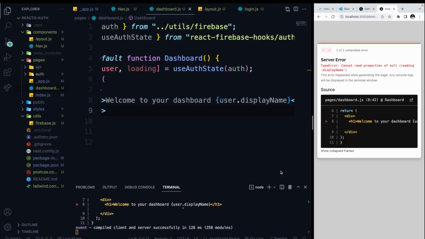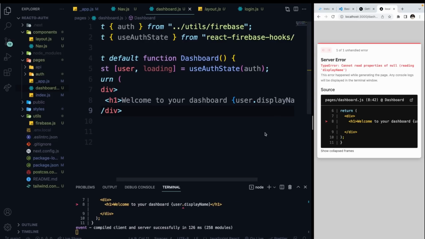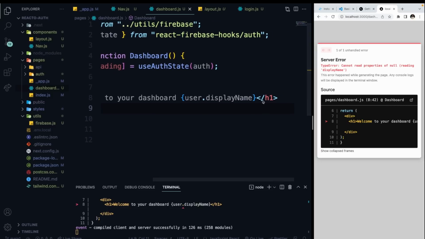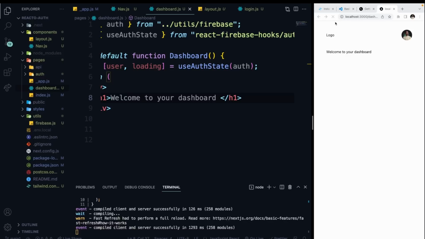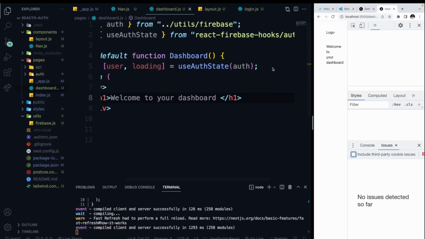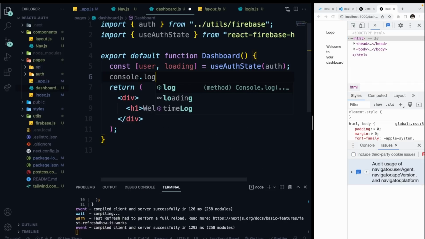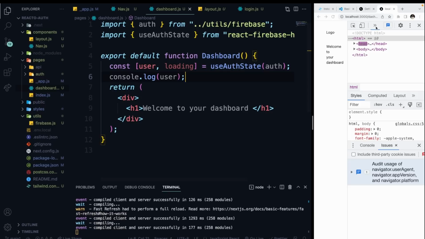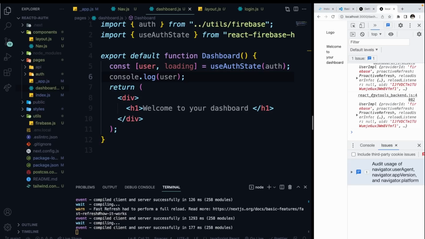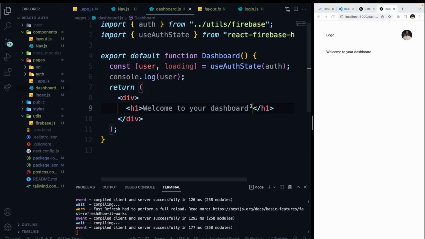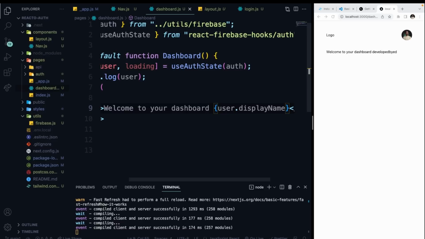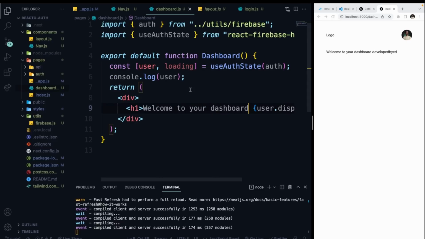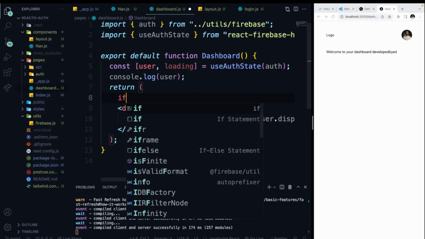No, okay, user.displayName doesn't work. Well, why not? Let's console log out the user. Let's see if that works. That should be fine. Yeah, that works. Console, let's do console.log user. Let's go over to here. Yeah, it's there. What's your problem? Maybe because it's not loaded up in that moment. So if I do user.displayName, no, it works fine. But what we can do is, if it doesn't load up here,